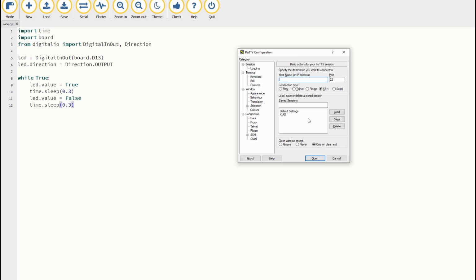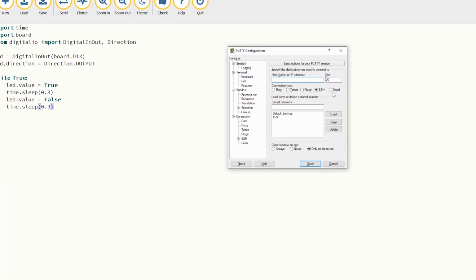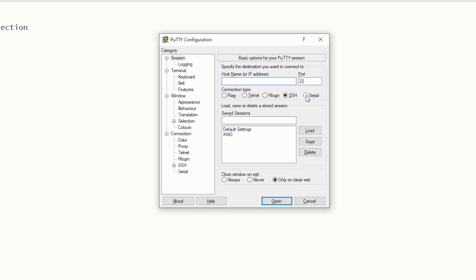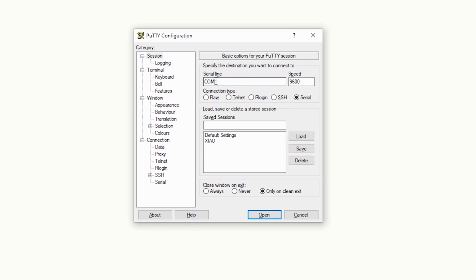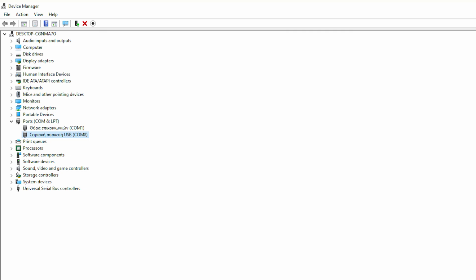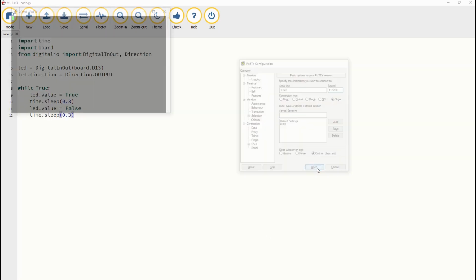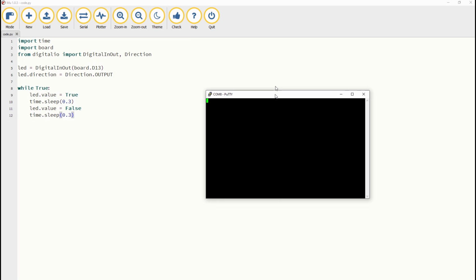In Windows, we use PuTTY. We open PuTTY and we enter the following parameters. We select the serial connection here. Then we enter the port the Xiao board is connected to, it is COM8 in my case, and this speed. If you don't know what serial port your Xiao board uses, open the device manager and search for it in the ports. Here is mine. We then press Open and we are now connected to the board via a serial connection.